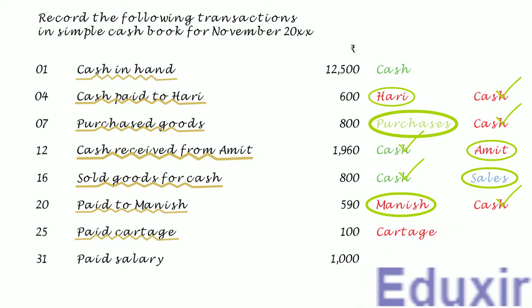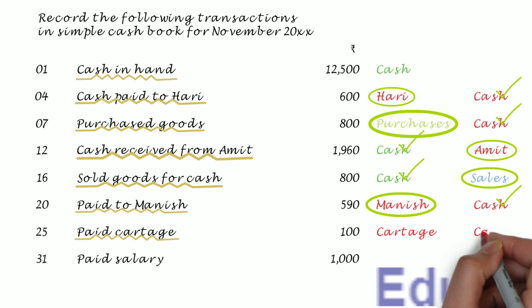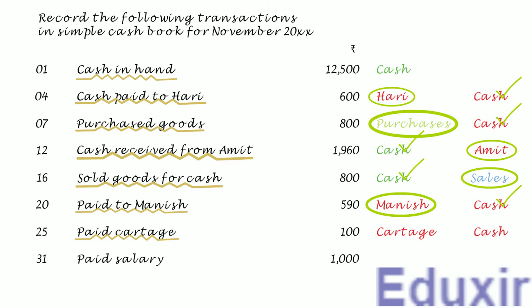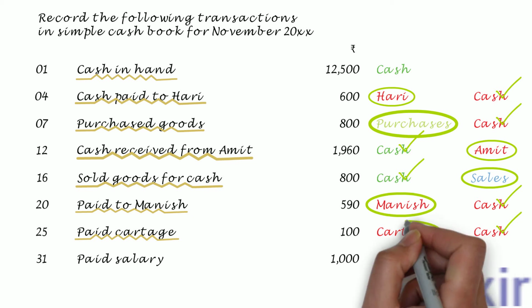At the same time, as the payment to the cartage is done in cash, the cash asset of the business will be decreasing. The rule to record any decrease in the asset is to credit the corresponding assets account. In this case, the cash account should be credited. In this transaction, as you can see, the cash is on the credit side. So it needs to be posted on the credit or payment side of the cash book. Note that the particulars that need to be posted into the payments column of the cash book is cartage.